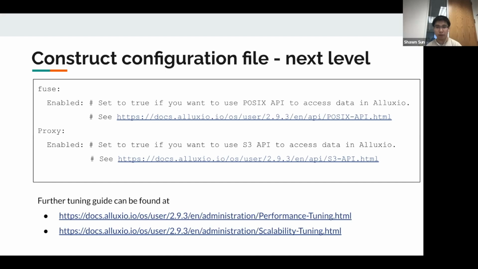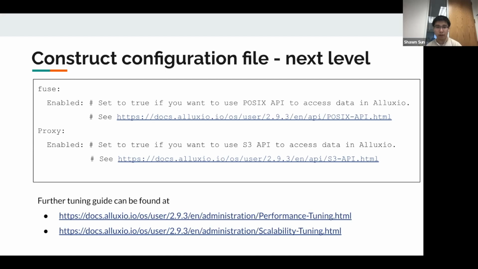You can easily use, say, ls or cat or echo to check out data stored in Alexio. This is very commonly used for machine learning and AI cases because PyTorch and TensorFlow have very good integration with the POSIX API.